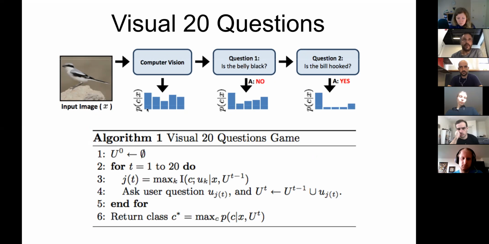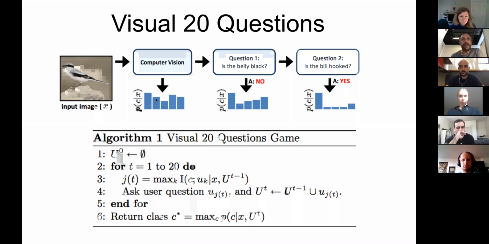And you would have a really strong spike around the correct species, indicating a very high likelihood. And then the other species would be very low. But partly because the deep learning revolution hadn't happened, we anticipated that there would be substantial confusion. What the computer vision block would do was say that certain species were more likely than others. And then we would use that to kick off a 20 questions game.